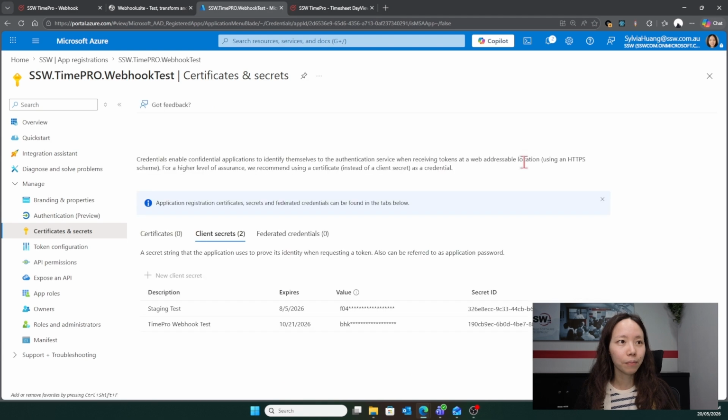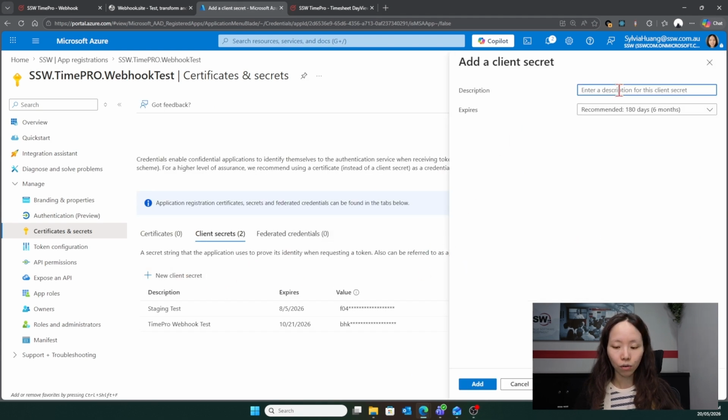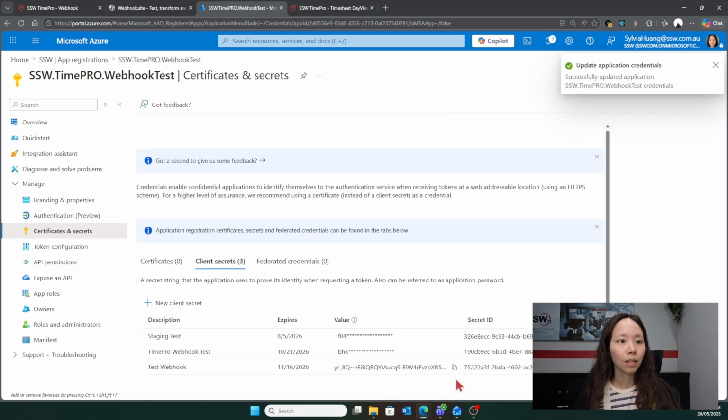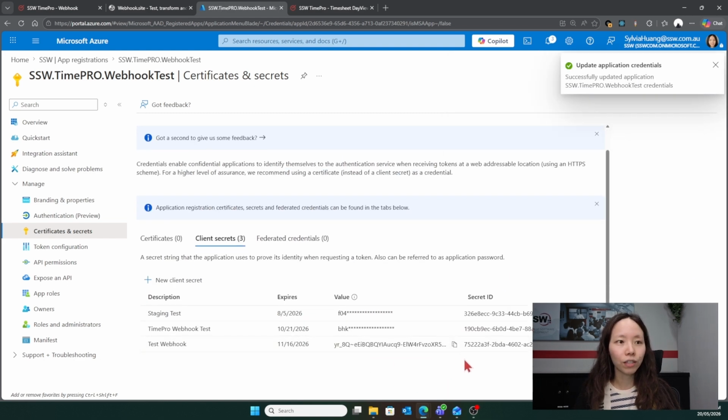So click this link and add a new client secret. So I will also name this test webhook. And add. I know that this key secret value will be sensitive, but we are going to delete them after the demo, so no big deal. Copy this one